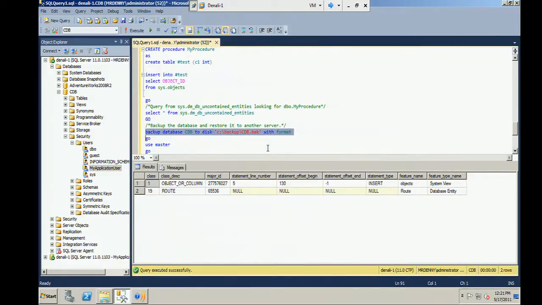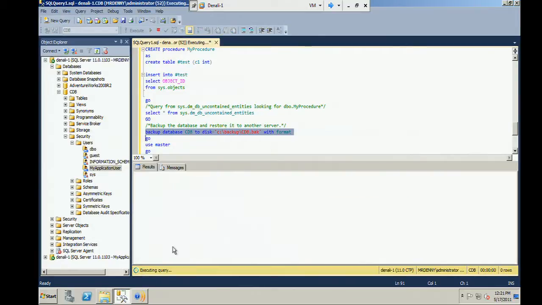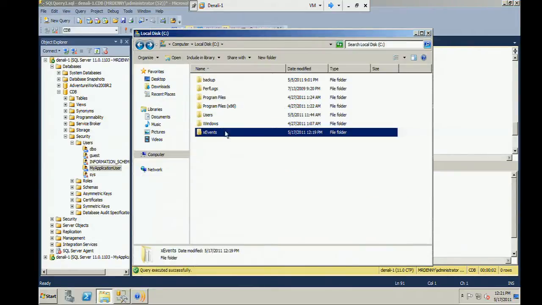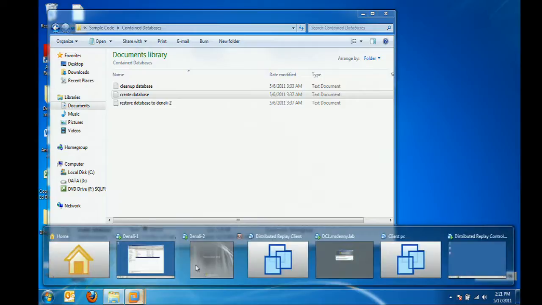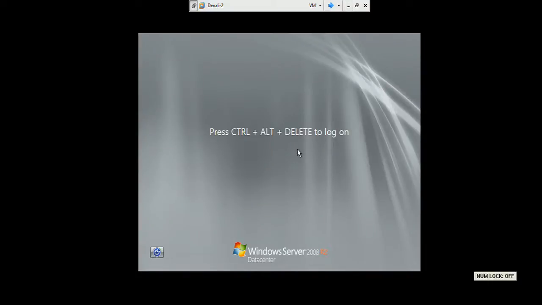Now, the nice thing about this contained database is that we're going to migrate our system. So we've got our CDB, our contained database, here that we want to migrate from one system to another. So we can back it up. And we've got our lovely backup file here of our nice large database. And if I switch over to my other VM, which I thought I had logged into,